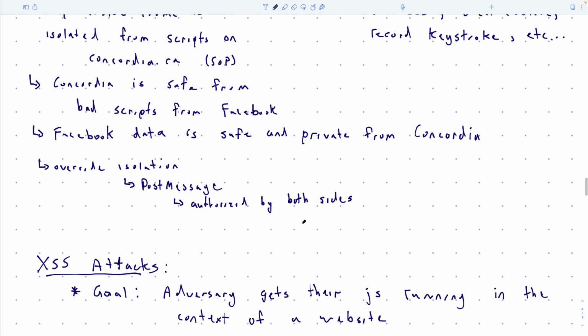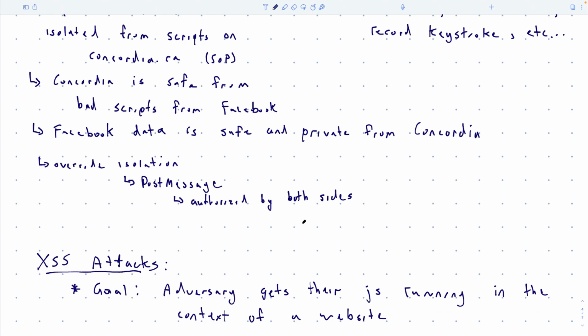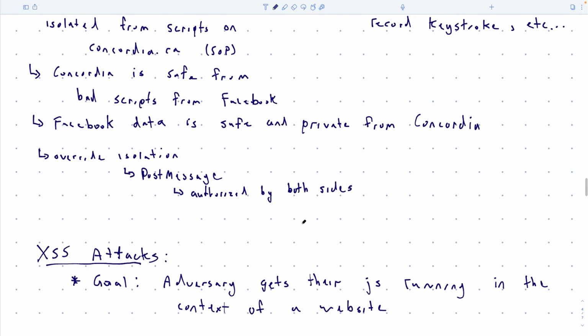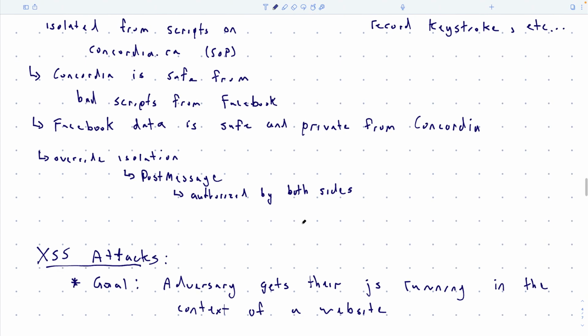Okay, so let's say that our goal as an adversary is just to get our own JavaScript running in the context of a website that we want to attack. Once again, I want to emphasize you're not attacking Google's backend, okay? You're just attacking the instance of the website that's running in the user's browser. So whatever the user can see in their browser, your script could also see. Okay, but it's not like you're dumping the database of Gmail in the back. Okay, so how can you do this?